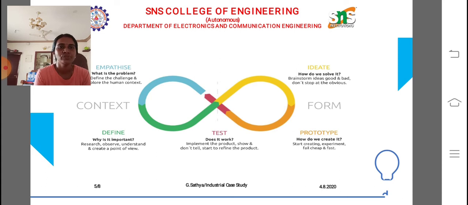Now we are going to discuss the design thinking concept. Based on customer demand, in the initial days we used a single core concept, in the middle stage we used dual core, and nowadays we are using multi-core. So based on customer demand, we keep moving the performance up. We can increase the processor speed. So that is our empathy part.